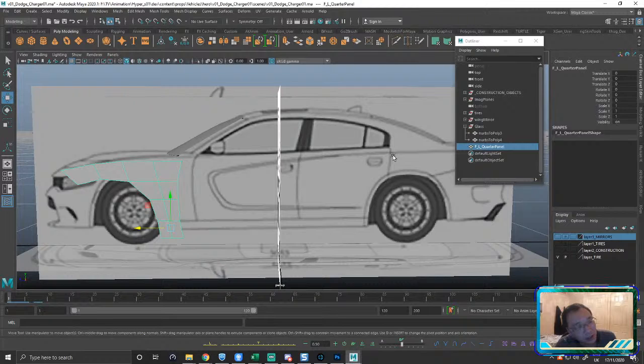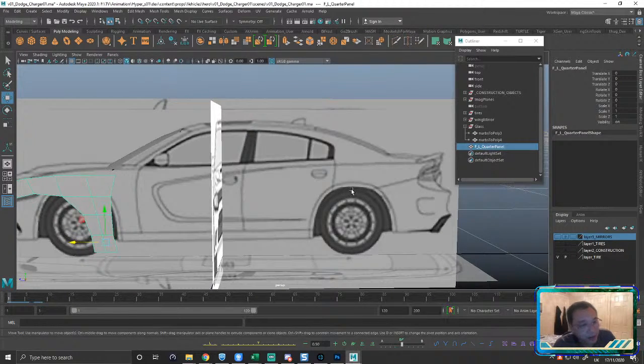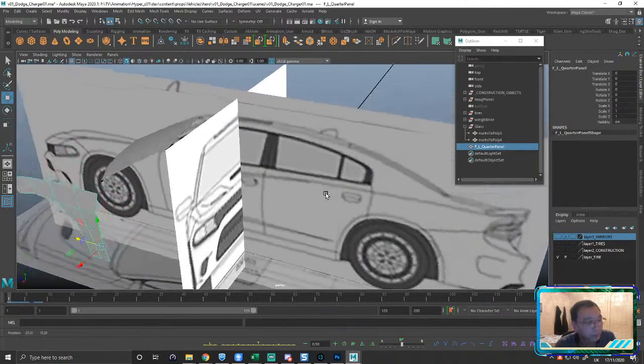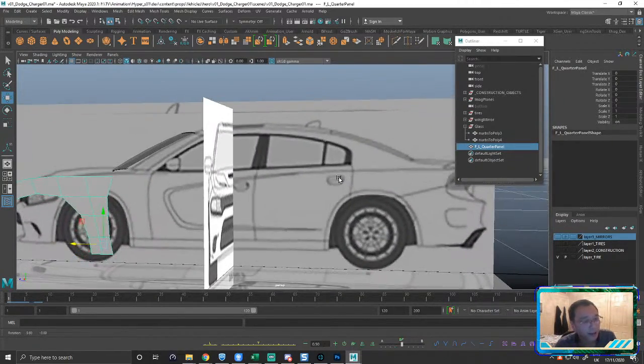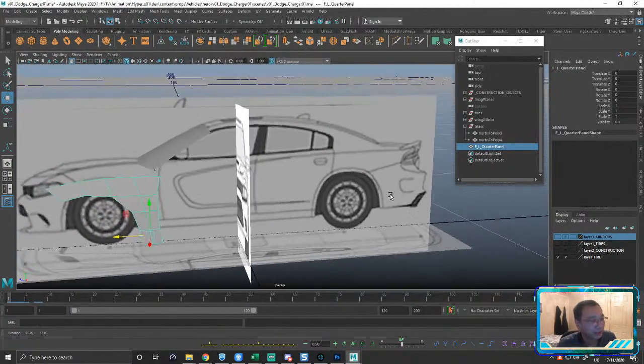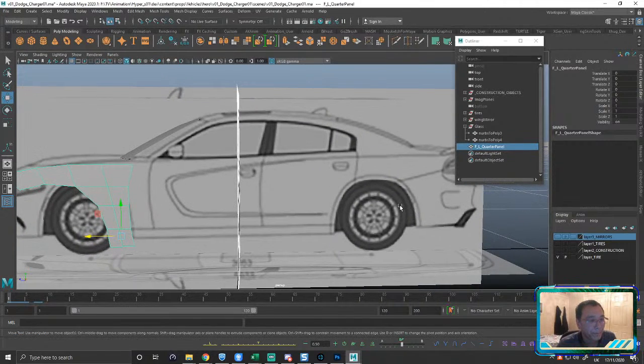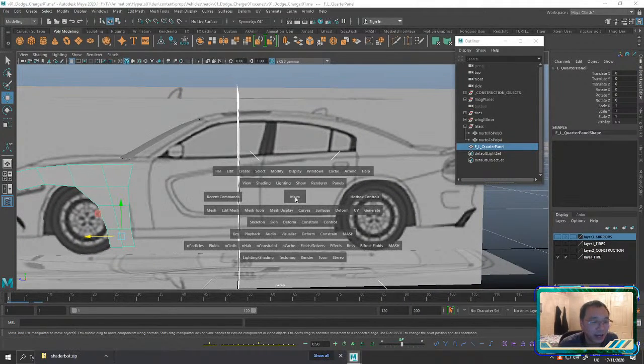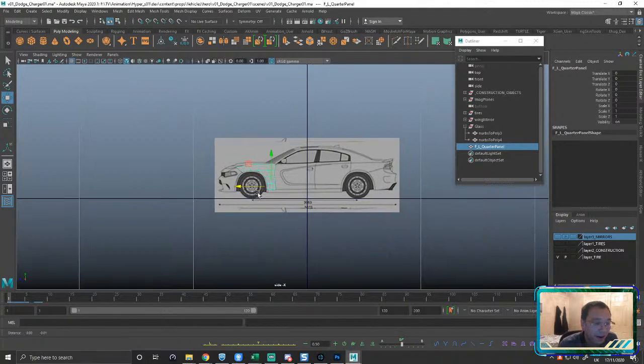I was going to use a slightly different approach for up here, but yeah, let's do that. Okay, so I'm going to go to my right view.